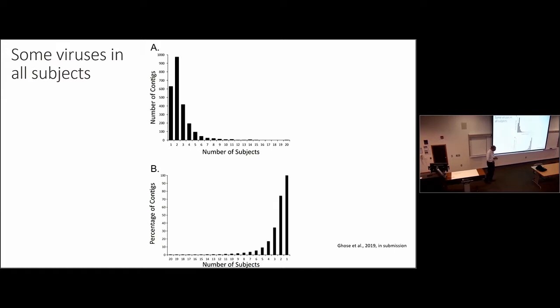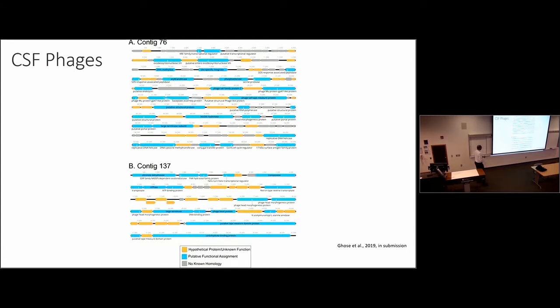that experiment that we did years ago. Interestingly enough, though, we recently took a look at the viruses in these subjects just to get a sense of, do we find viruses that are present in every subject? The vast majority of these viruses that we did find in cerebrospinal fluid are individual specific, but we can find a few viruses that were present in many subjects' cerebrospinal fluid. We found somewhere around 3% total that were present in 10 or more of these subjects, which is half of the subjects that we looked at.